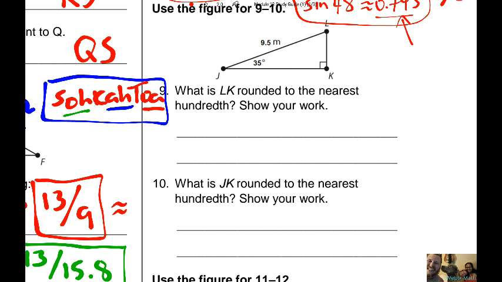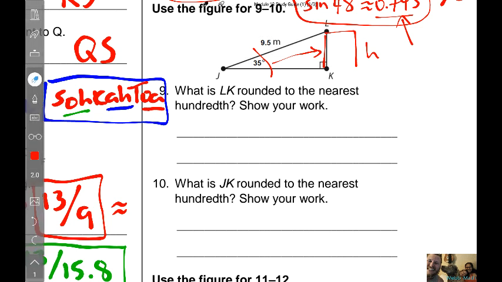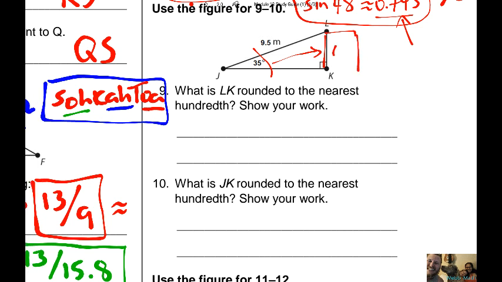and then press the other ratio. All right, so number 9, what is LK? Round to the nearest hundredth. Show all your work. So LK, let's say like a building, you have a height of a building. Well, we have an angle. Now, what is the height of the building, or LK, in perspective to our acute angle that's given to us? That's the opposite, isn't it? So let me erase the H, because that's representing height, not hypotenuse. So let's be careful there. This is the opposite side. The hypotenuse, again, is across from the 90 degree. So if we have opposite and a hypotenuse,